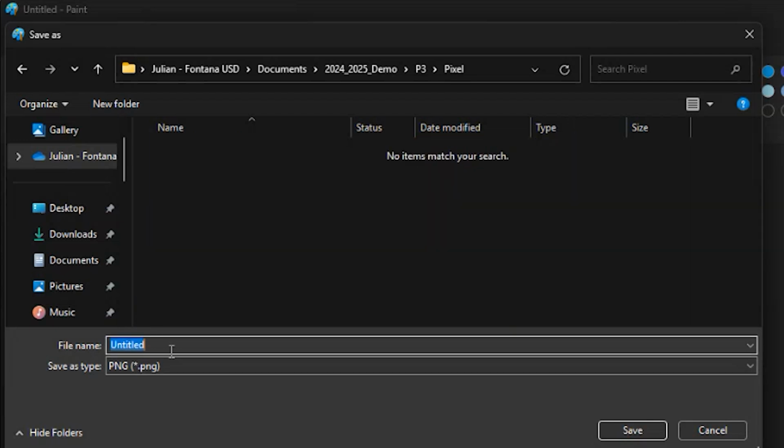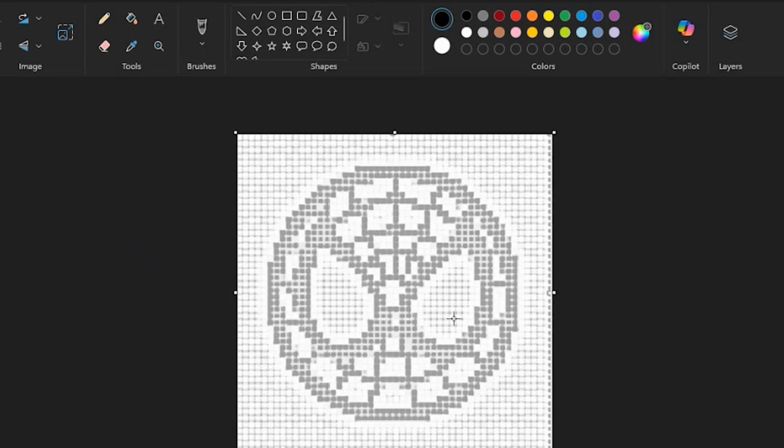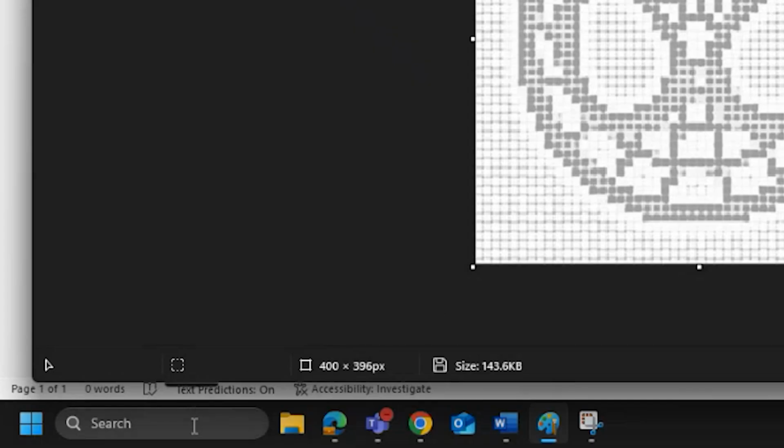Now you can just name this after your reference, depending if you chose Spider-Man or something else. And I'm going to add the word ref for reference after that. Click on save. Next thing we're going to do is we're going to take that image and bring it over to Inkscape. Let's go over to Inkscape, bottom left corner of your screen where it says search, click on that,